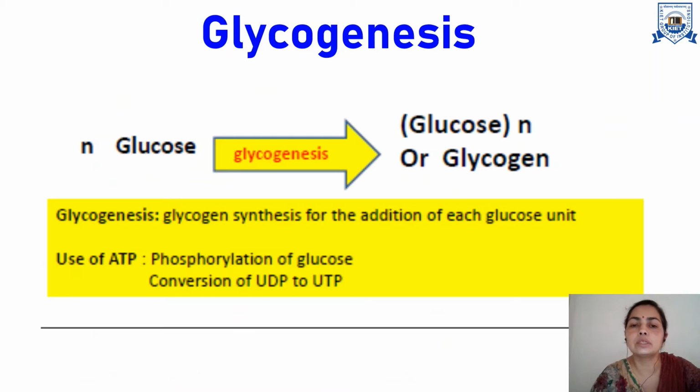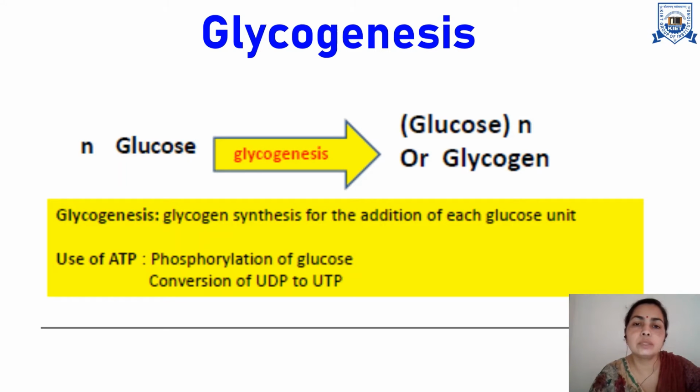Then comes the next point: why is glycogen the storage form of energy, why not others? There are some important considerations. Glycogen can be rapidly metabolized, rapidly mobilized. Second, glycogen can generate energy in the absence of oxygen also. And next, some vital organs like the brain are dependent on a continuous supply of glucose, and that can be provided by glycogen. So these are some important points. That's why glycogen is the current or savings account of energy in the human body.